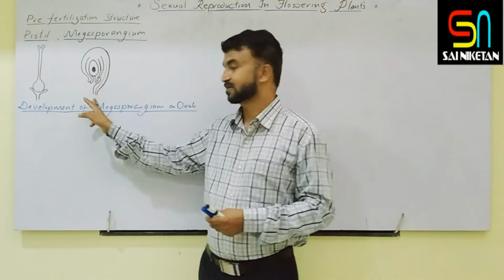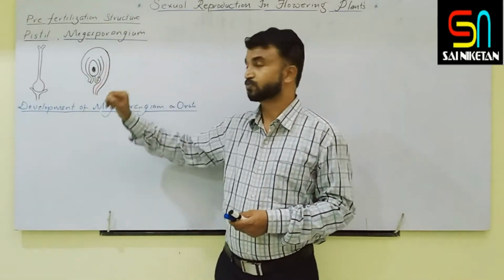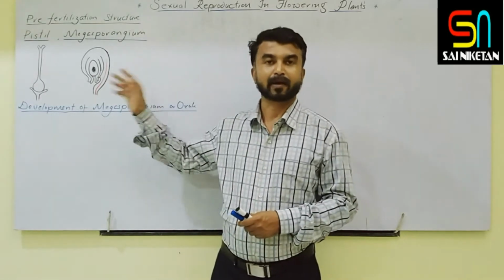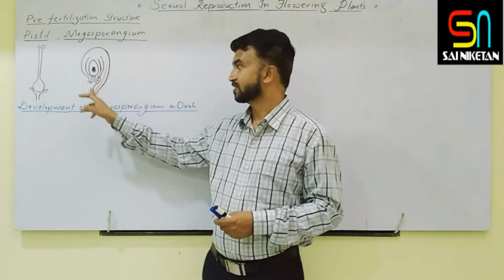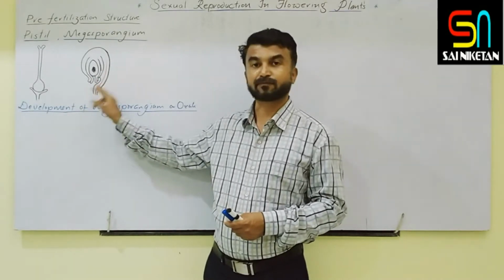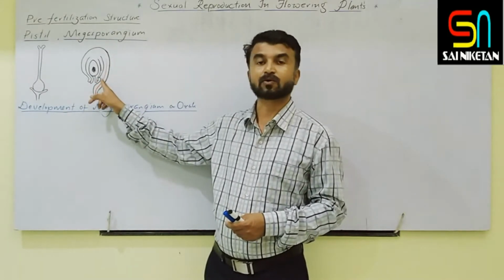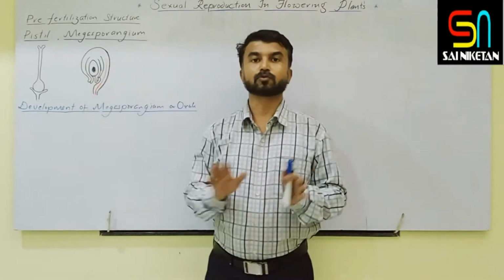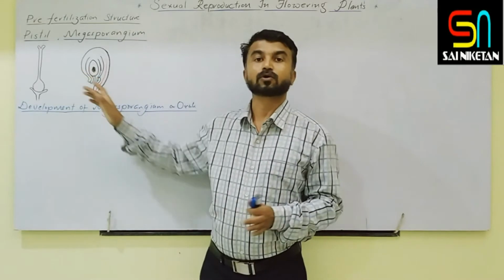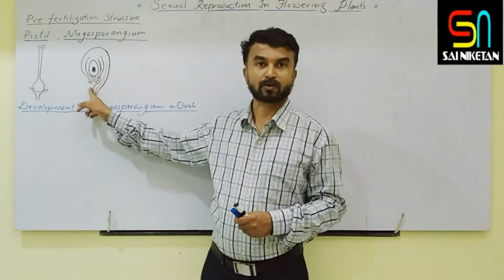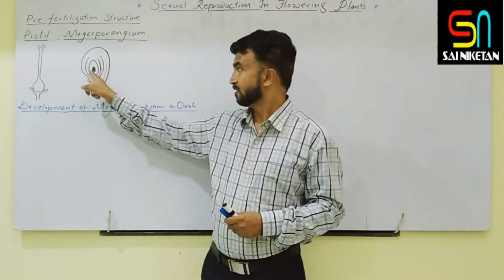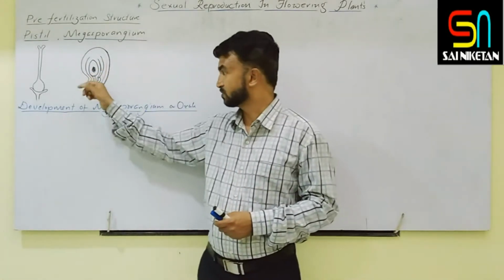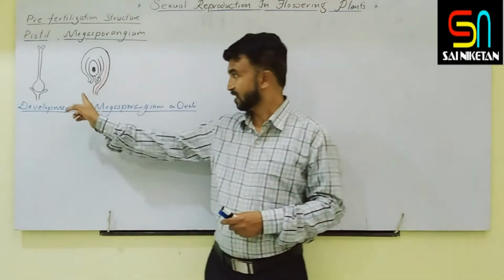Clear? So this is a simple figure. Megasporangium means it is an integumented, indehiscent megasporangium. This is the chalazal end, this is the micropylar end, this is the funicle, and this is the point where the ovule and the funicle are attached. It is the hilum. From the chalazal end, the integuments generate and cover the ovule completely except one point, called the micropyle. Inside these two integuments, the nucellus is there. In that, the embryo sac is there. The embryo sac structure is what we are going to cover today. So this is the anatropous ovule.